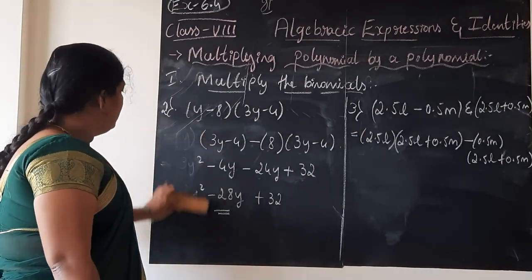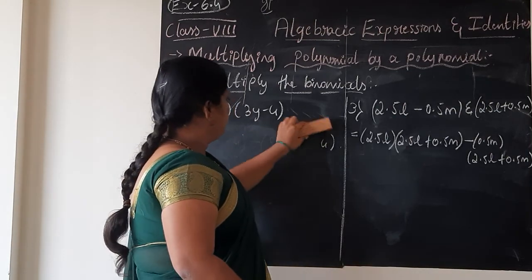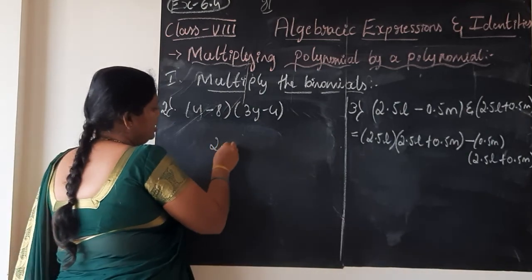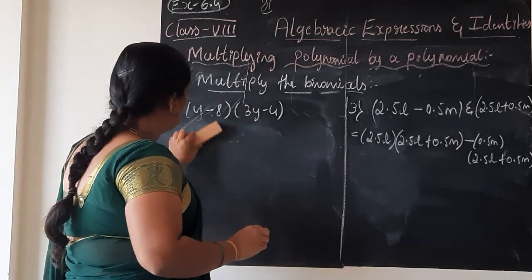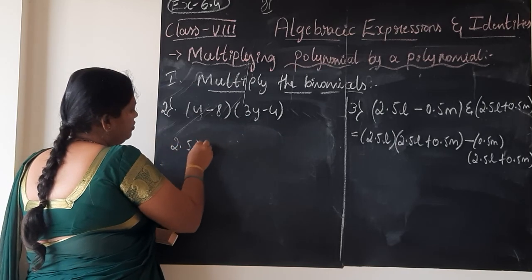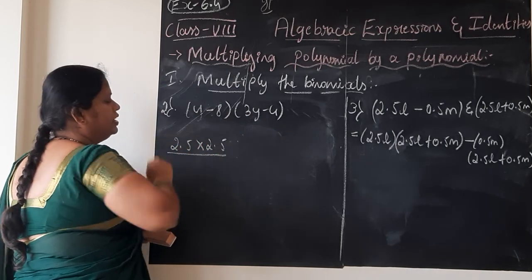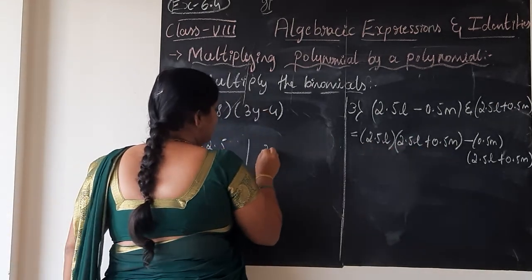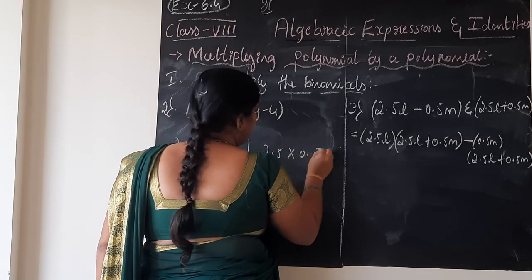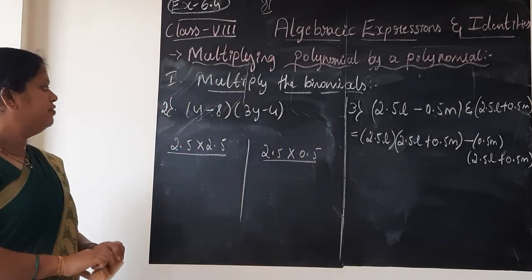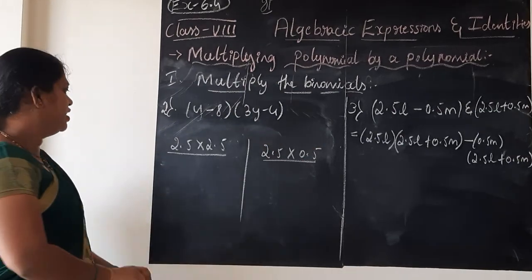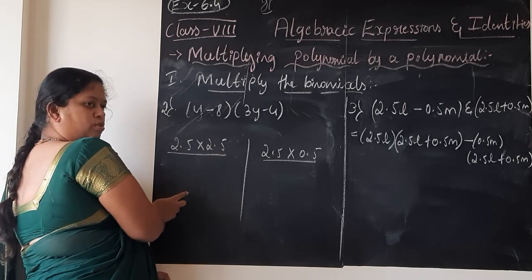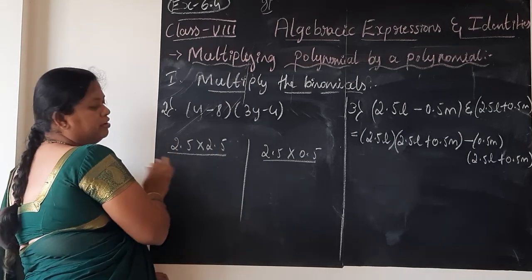For the time being, children, I will erase this because I want more space. The board is small, not like school, so please bear with me. Now you need to multiply 2.5 into 2.5. You know this type of multiplication now. Again you need to multiply 2.5 into 0.5. If you know these two, then only the sign changes remain. So how do you do this multiplication? I don't know which method you have learned, but those who know can do it in your own method. Those who don't know can follow this.